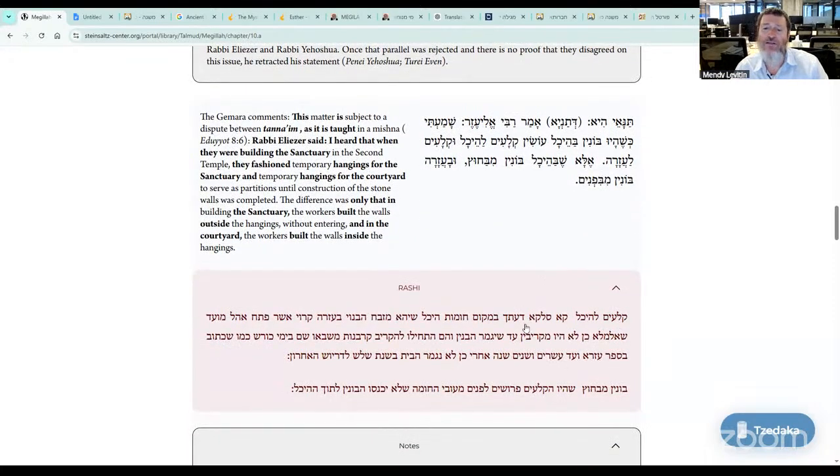It says Kalayim leheichal kasakataytach makam chaimes heichal. Where did they put the curtains? Where the walls should be. Shiyim mizbeach habani bazare kairei asher pesach ohel moed, because they put the curtains as a replica of the walls for the actual temple. So then the Mizbeach, the altar where they sacrificed, again, they sacrificed for 20 odd years before they put up the second temple. They should be sacrificing at the gate or the entrance of the Ohel Moed of the sanctuary.